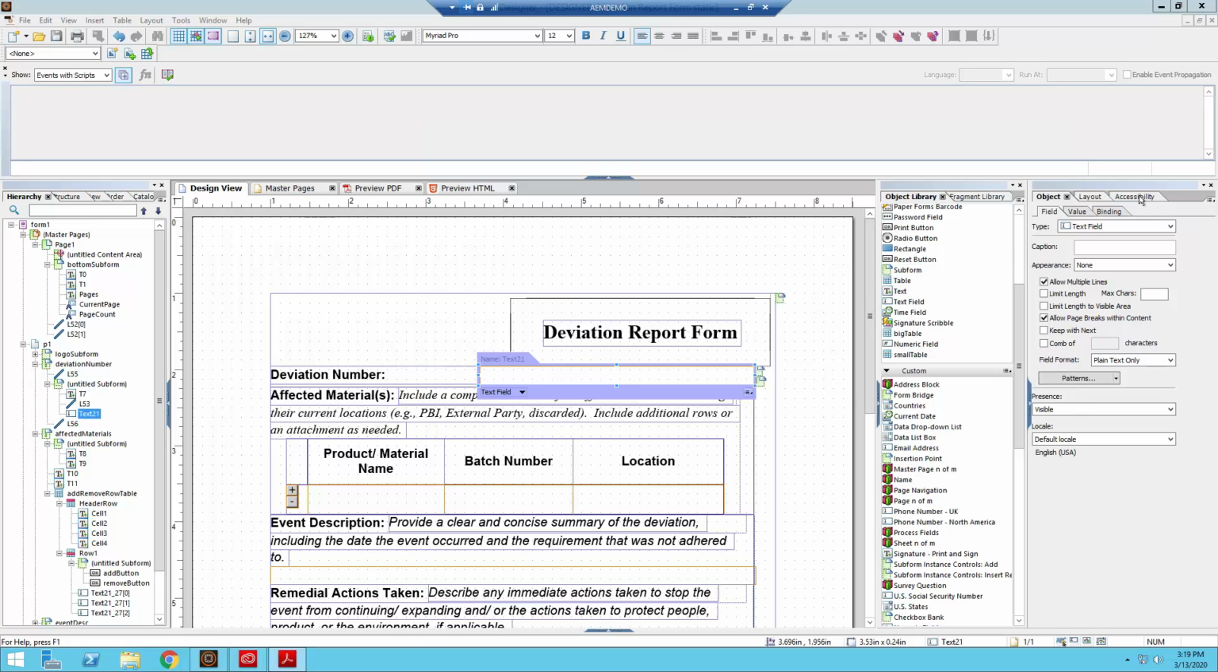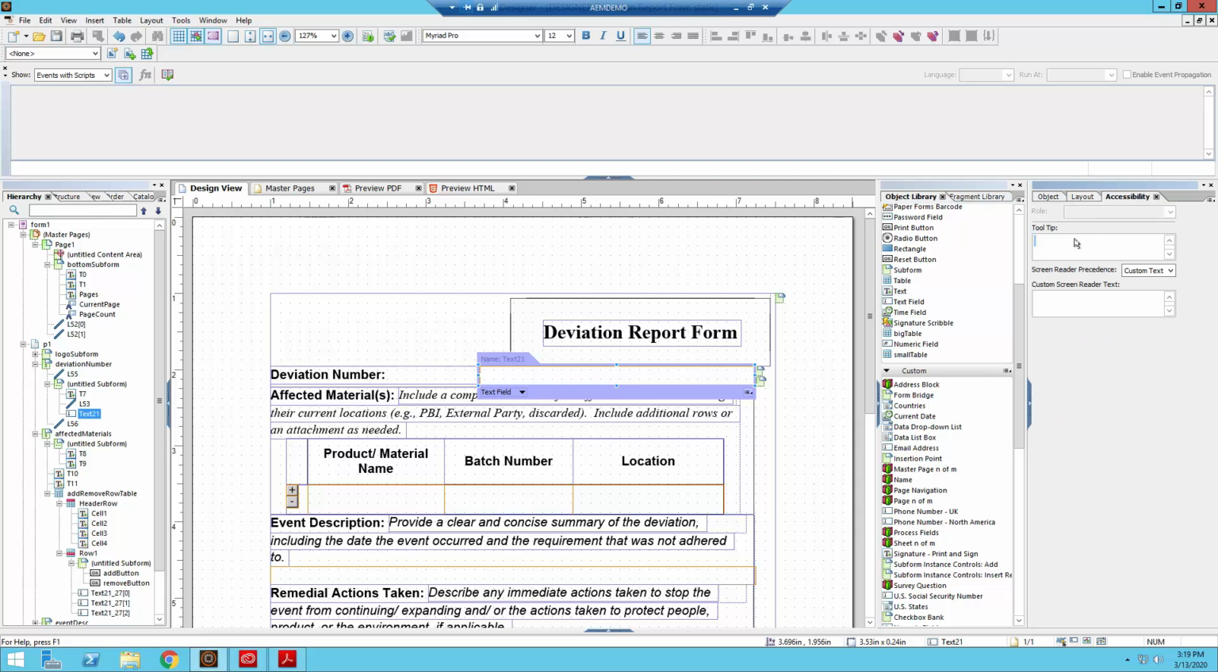So the way we would fix those two issues are over here in the accessibility pane. Okay, assist text or caption. So the assist text would just be this, custom screen reader text. So over here you would place a description for what the screen reader should say when it encounters this text field. So for our text field for the deviation number, you could just put in